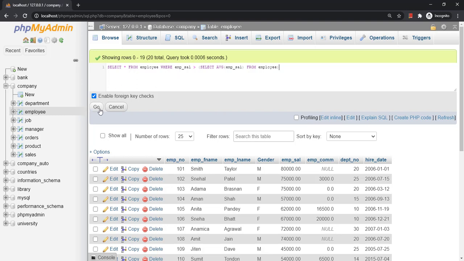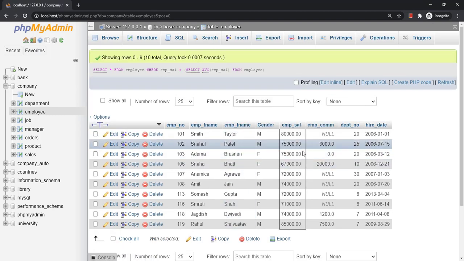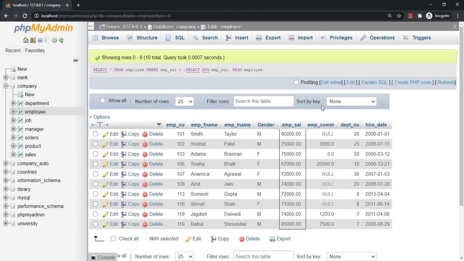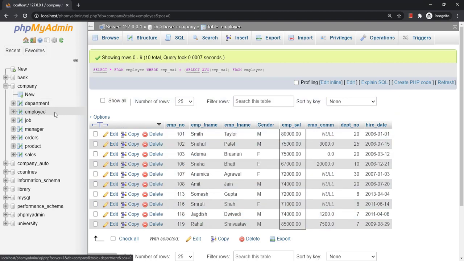Let us see the result of this. Here I got the result where the employee's salary is greater than the average salary of all the employees. So, this way we can use a subquery.